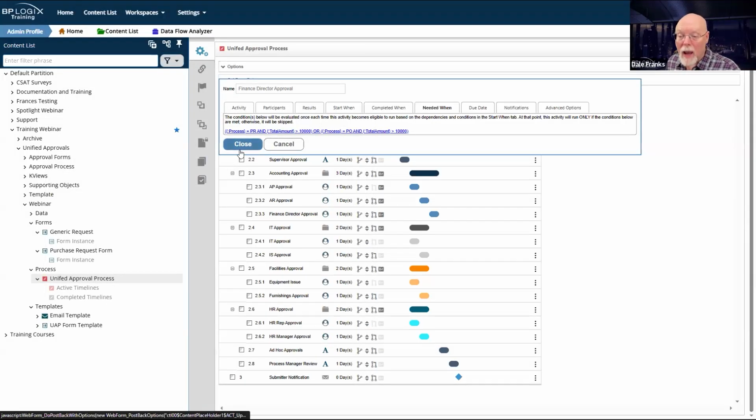So there we go. We have our rather complex set of OR conditions. It's got to be a PR greater than 10,000 or a PO greater than 10,000. If neither of those things are true, then this activity should never run.